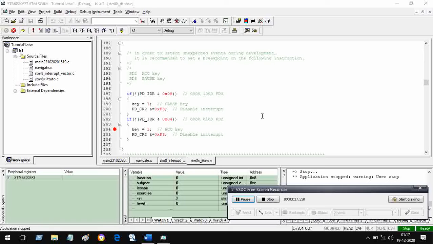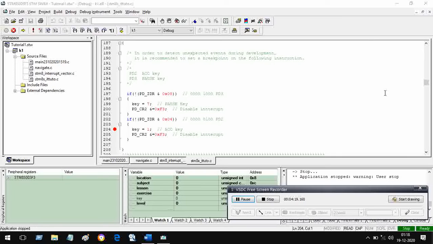And I have put breakpoints, because you are not going to be able to see the board. As soon as a particular key is pressed, due to interrupt action, the control will come to the key under the interrupt service subroutine, and because of the breakpoint, it will stop there and you will be able to see which key has been pressed. And subsequently you will see here in the debug area what action has taken place, and then you can verify whether that is precisely the action you expected, right?